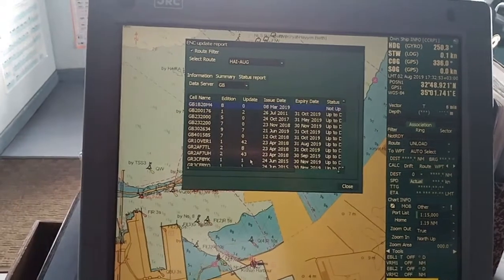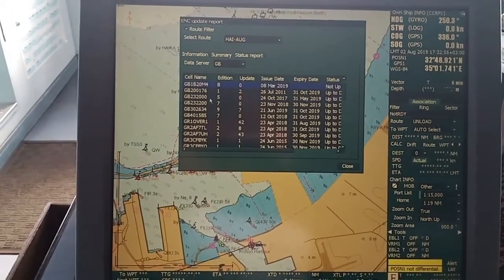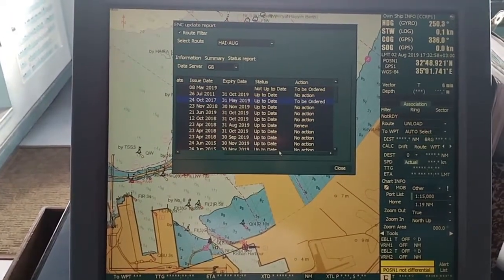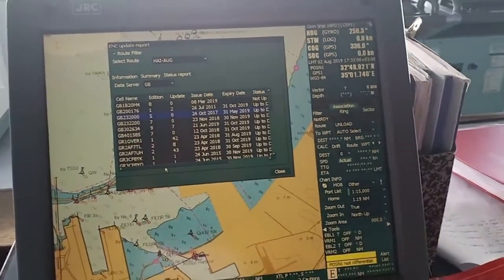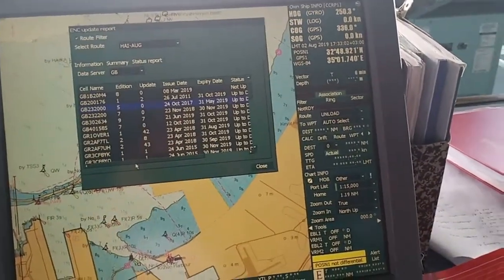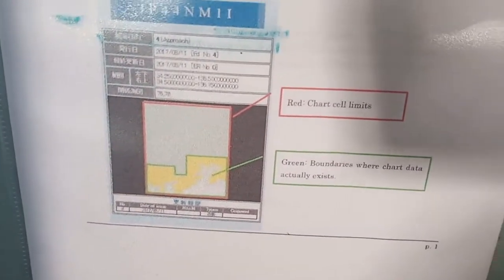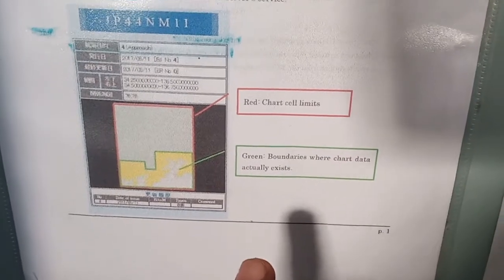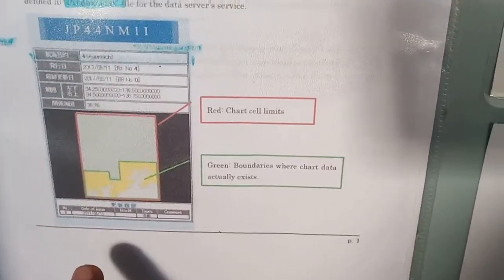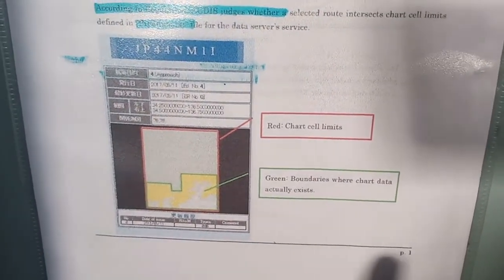Actually these 2 charts, GB120M4 and this chart, are not in my route, but it is still showing them because there is a circular stating that these 2 things are different. It shows green boundaries where chart data actually exist, red where the chart cell limit exists.